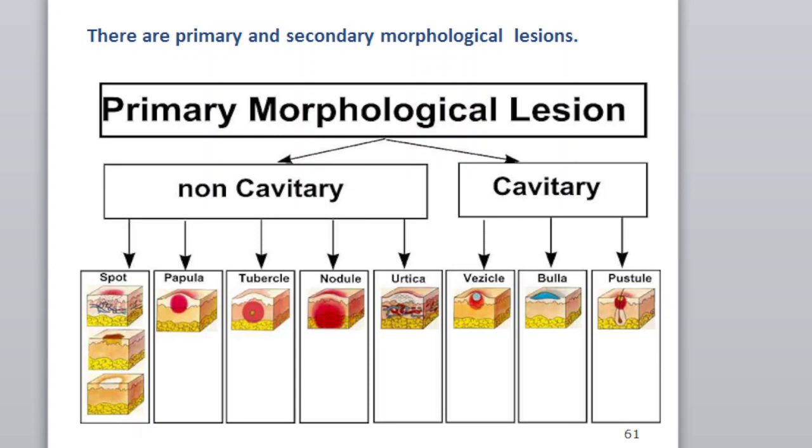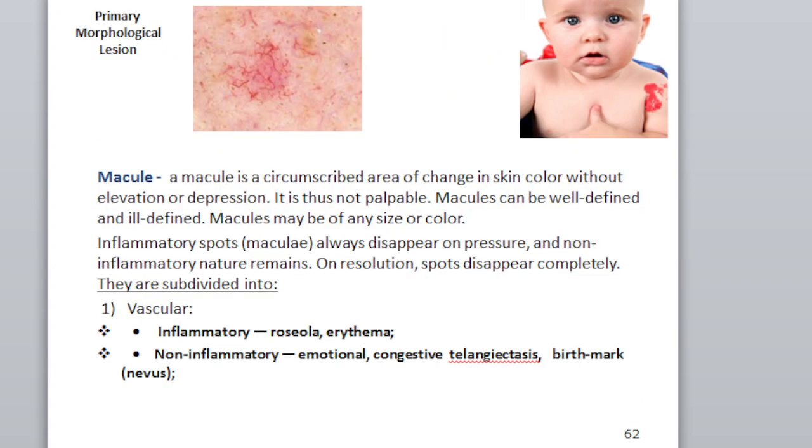Macule. A macule is a circumscribed area of change in skin color without elevation or depression. It is thus not palpable. Macules can be well defined and ill-defined. Macules may be of any size or color. Inflammatory macules always disappear on pressure, while non-inflammatory ones remain. On resolution, spots disappear completely. They are subdivided into